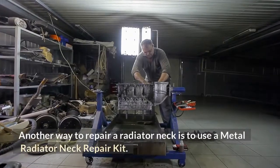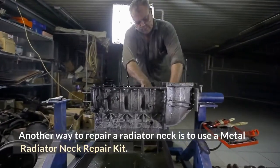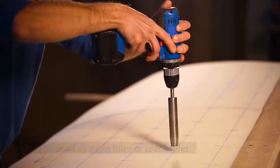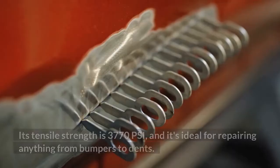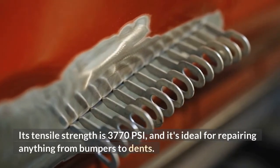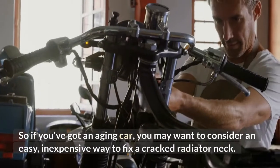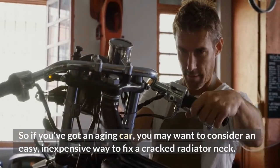Another way to repair a radiator neck is to use a metal radiator neck repair kit. These kits come with pre-mixed epoxy that has multiple applications. It can be used as a gap filler or crack filler. Its tensile strength is 3,770 psi, and it's ideal for repairing anything from bumpers to dents. So if you've got an aging car, you may want to consider an easy, inexpensive way to fix a cracked